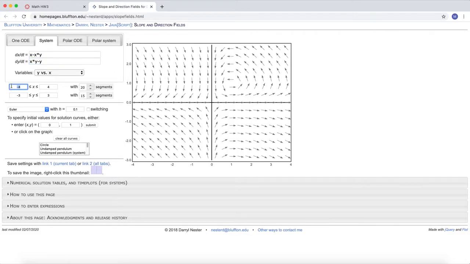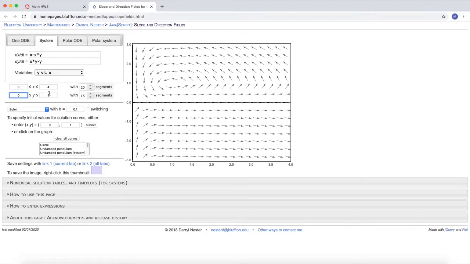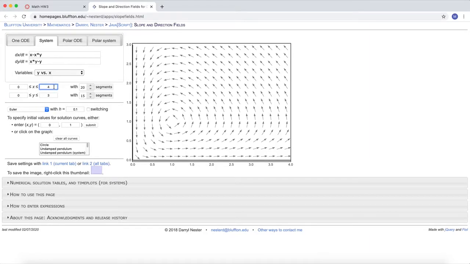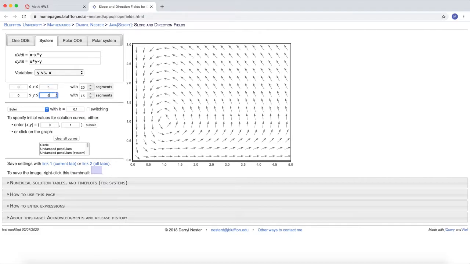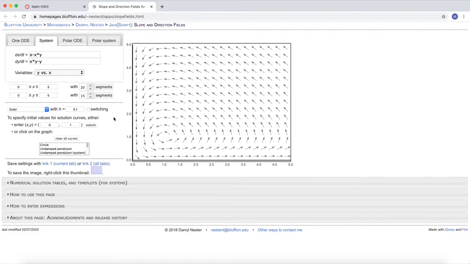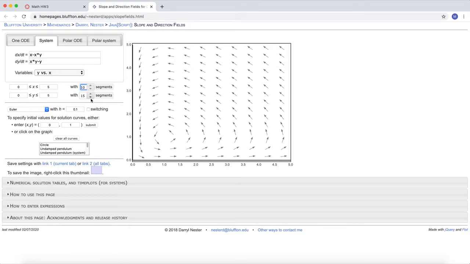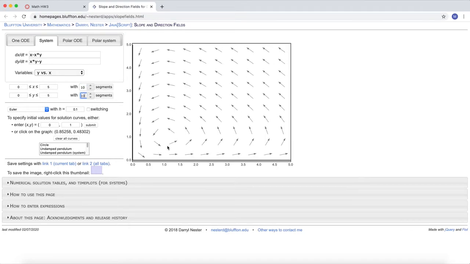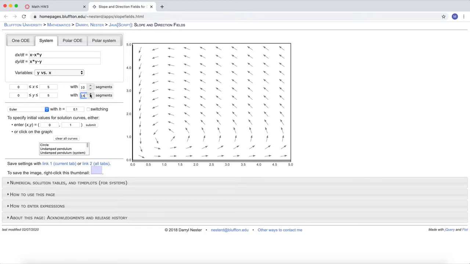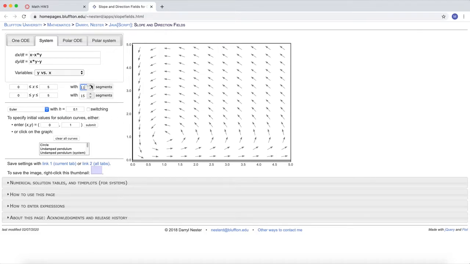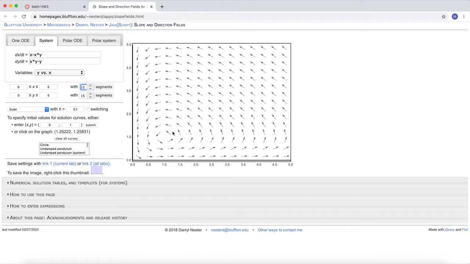Okay, now since this is supposed to be dynamics of a population, I'm going to set my sights on just the first quadrant there, maybe even things out so that X and Y both have the same space from 0 to 5. And these segments just mean how many little vectors do you want me to draw. 20 might be too many, so maybe I'll reduce it down to like 10 on each, and you can see that that creates a 10 by 10 grid. You could make that more. You could have a 15 by 15 grid if you like, or 20 by 20. And there you have it.